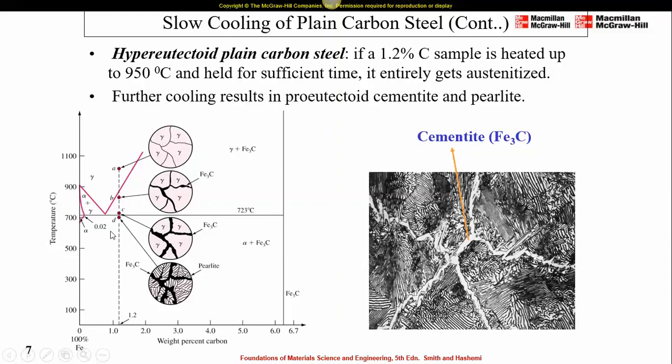Therefore, below the eutectoid temperature, the microstructure consists of pearlite and proeutectoid cementite, or proeutectoid iron carbide. This is shown on this picture on the right. This is the pearlite that resulted from the cooling of gamma, and this is the proeutectoid cementite,